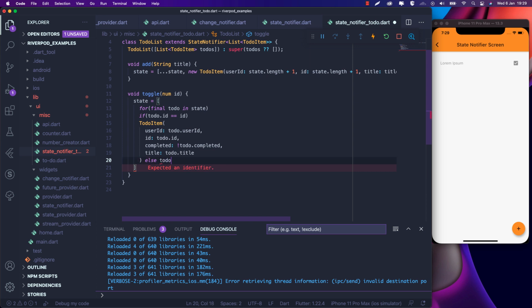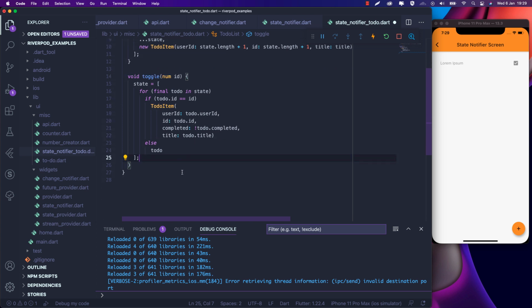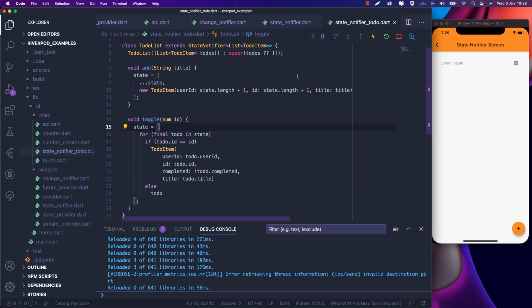Else just the to-do, and we are good to go. Okay, so that is for the to-do and the toggle. And so we have this. I think that completes our method. Now we can go ahead to